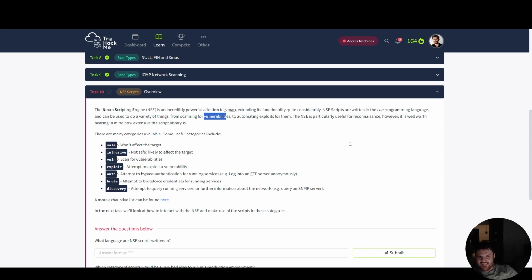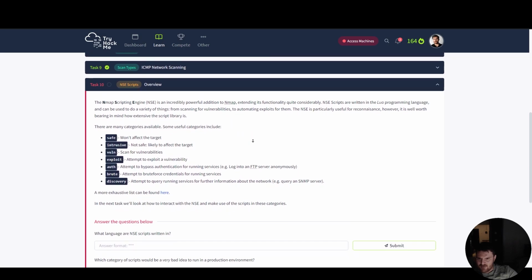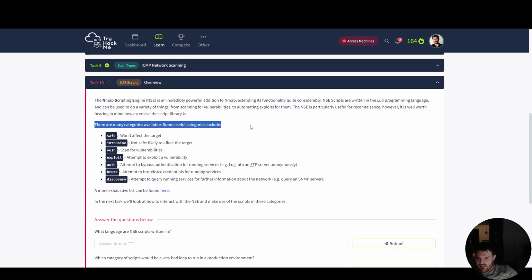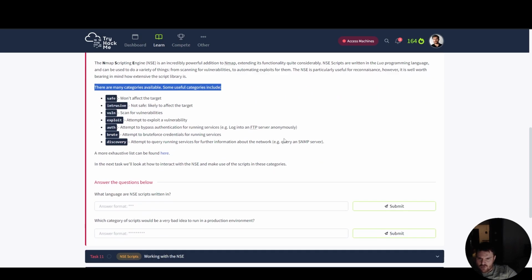The NSE is particularly useful for reconnaissance. However, it is well worth bearing in mind how extensive the script library is. There are many categories available. Some useful categories include: we have the safe category, won't affect the target; intrusive, not safe, likely to affect the target; vuln, which is scanning for vulnerabilities; exploit, attempt to exploit the vulnerability; auth, attempting to bypass authentication for running